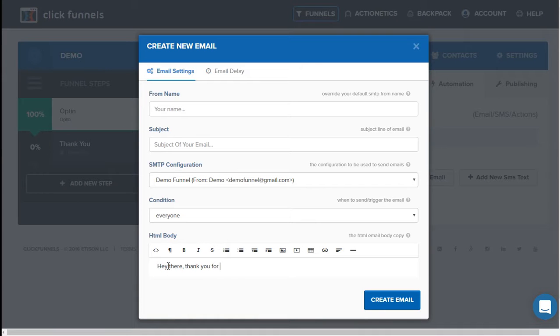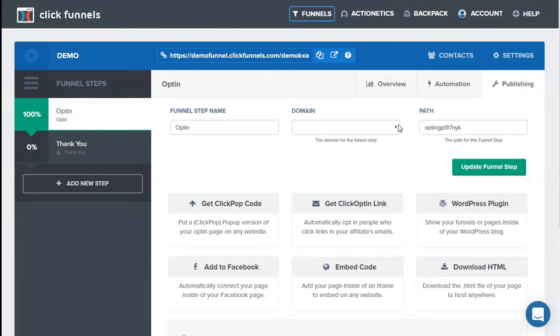And under this section here, under HTML body, is the email that you can type in. So for example, it would be, "Hey there, thank you for signing up. Here is your ebook." And once you're done customizing this with images and text and also the formatting, you just click on Create Email. In publishing, you can rename the funnel step name, select the domain, and also rename the